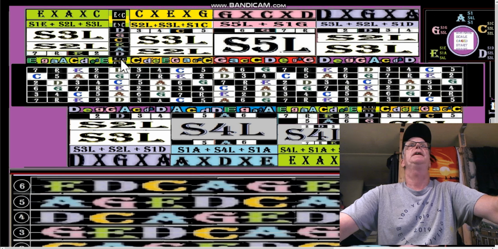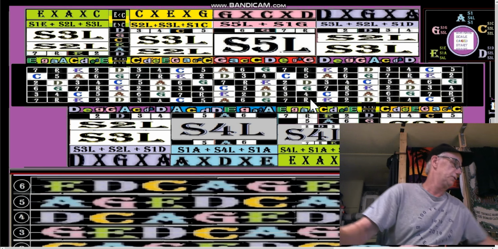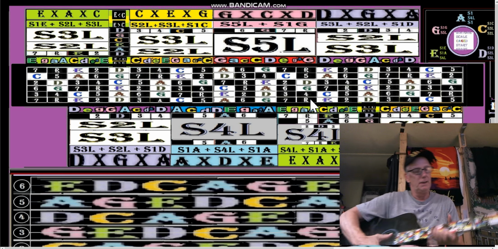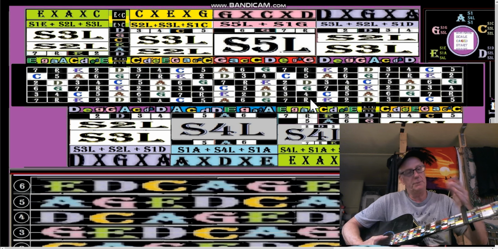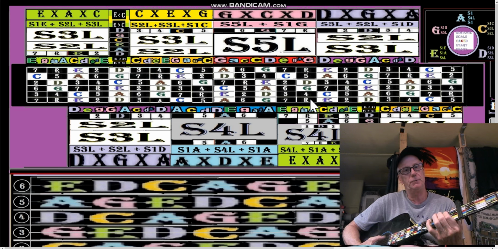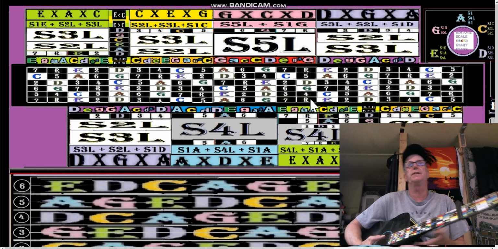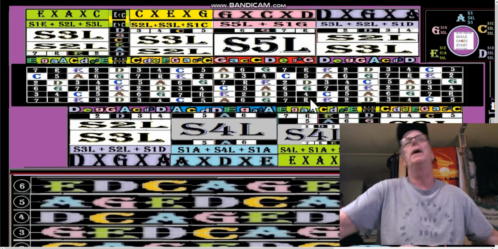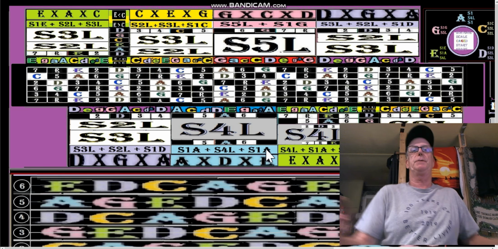Okay, so here's the E cage. The bottom string is 7 root 2. Here's the C cage. The bottom string is 3, 4, 5. Therefore, the C string shape is 3, 4, 5. The bottom string of the G cage is 6, 7 root, because when you're playing a G, your low E here becomes the 6 of G: 6, 7 root. So that's your G string shape. All right, so these are guitar relationships, and we're going to try